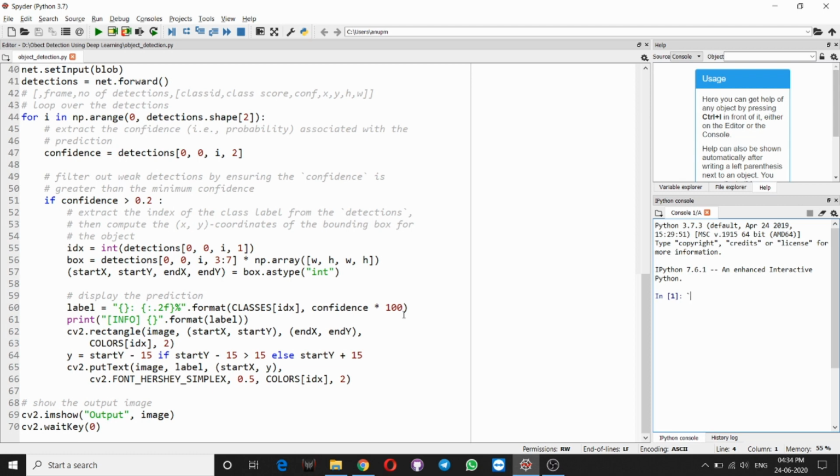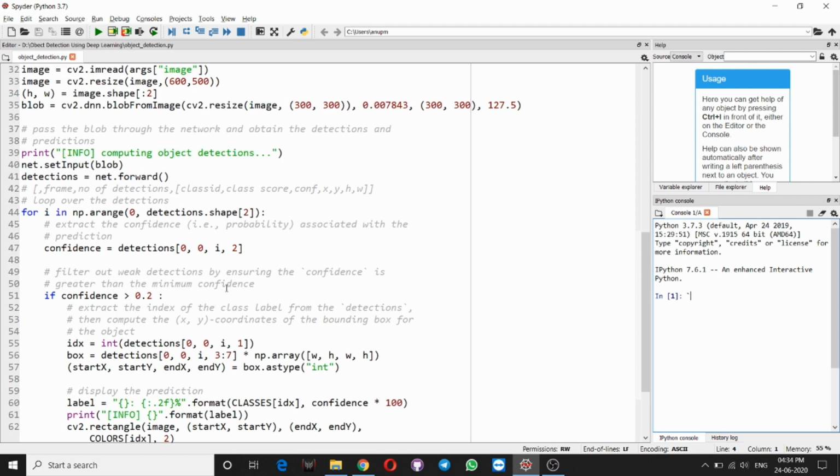Then for putting text over the image we use cv2.putText with image, label, startX, y, and then we specify the font style, the color for the text and its width, and this is all contained in this for loop.